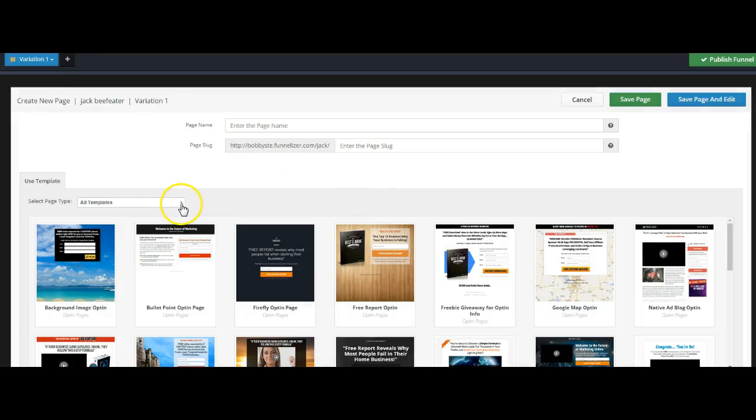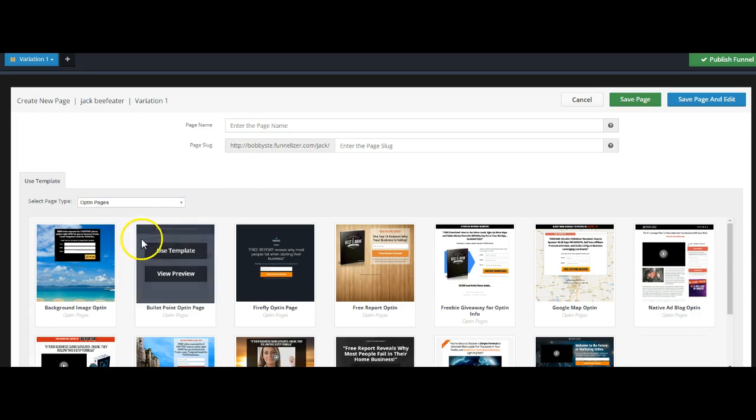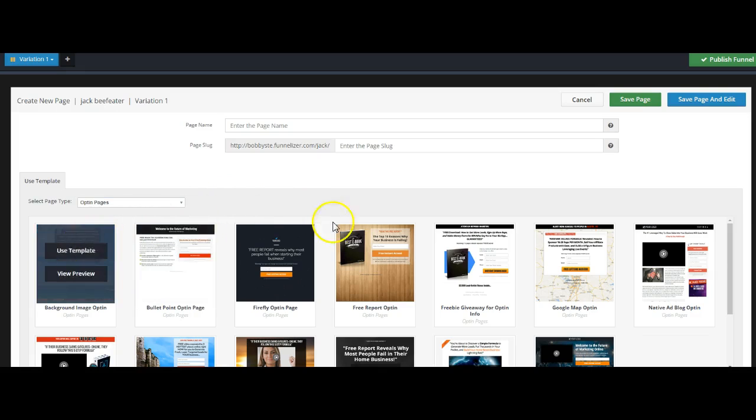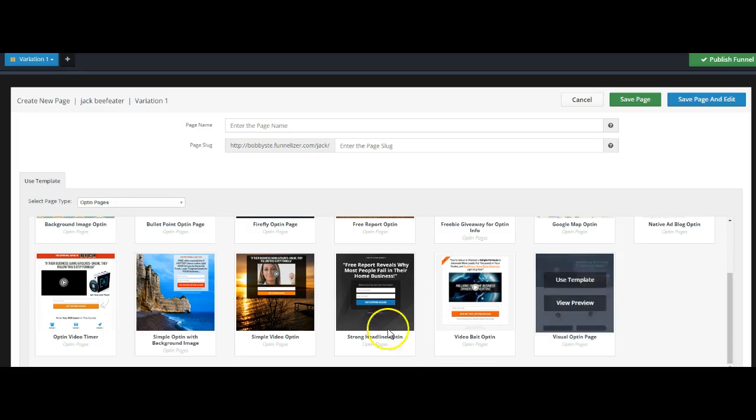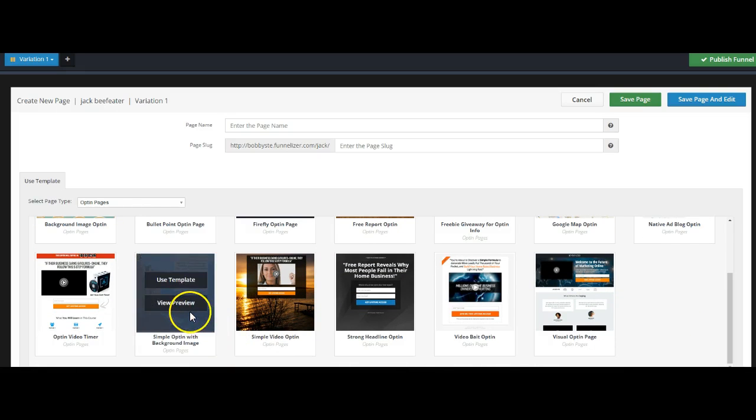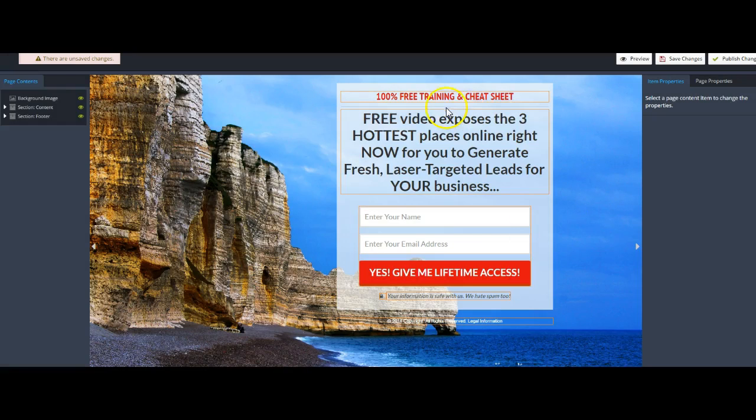So we have different templates here inside of MyLeadSystem Pro. I want to go to the opt-in pages. And let's see which one do I want to use here. I'm just going to do a simple one. I love the ocean and cliffs, so I'm going to use this one right here. This one I'm going to call capture page. I like putting numbers here. I don't know why, that's just my thing that I do. I'm going to come in and let's see. I want to make